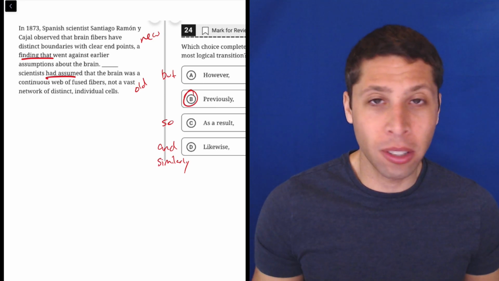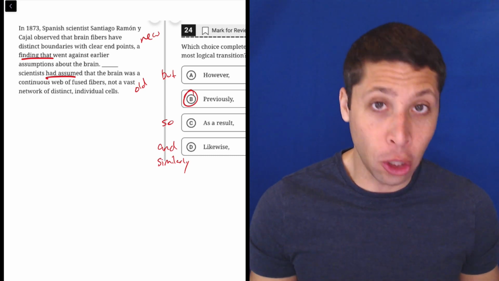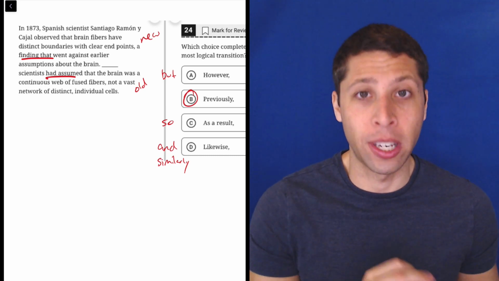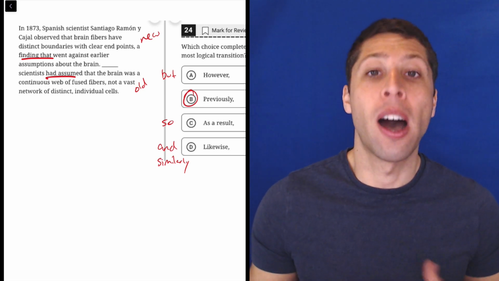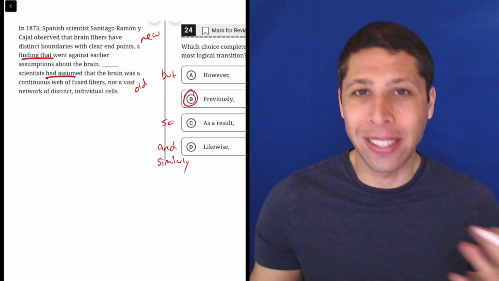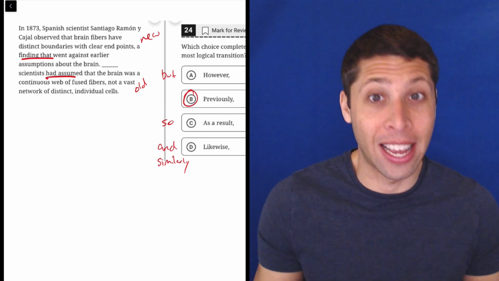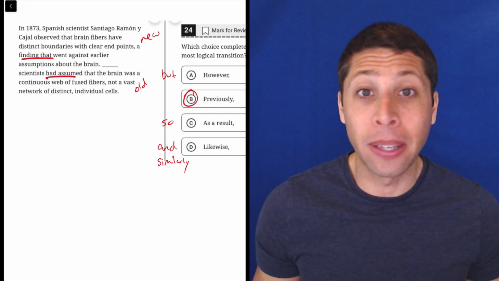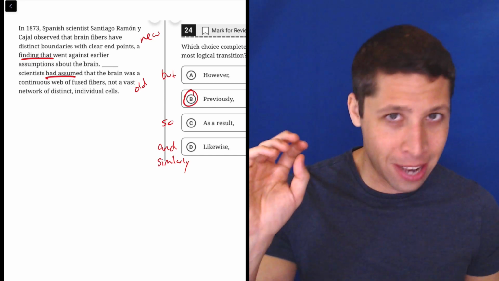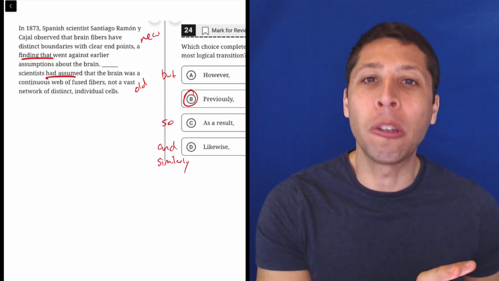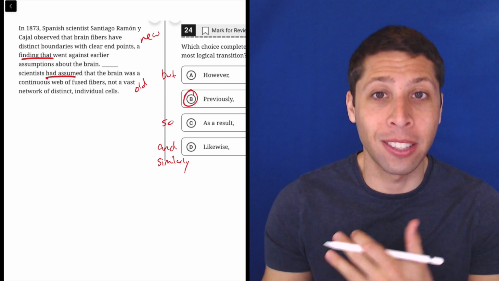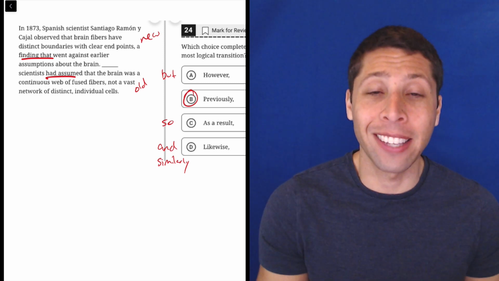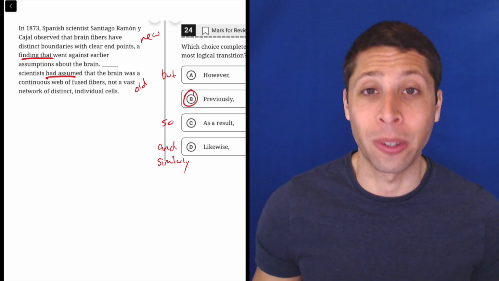So you're going to pick up on little cues that tell us what the right transition is. This is not a completely random guess. There is always evidence of what the right transition is. So just pay attention and notice things like tense shifts and that kind of stuff. But dumb summaries help me here, right? Now this is what we think. It used to be the case that they thought this. That's a clear example of time affecting our sentences, so it makes sense that we would pick a transition word that also has something to do with time.